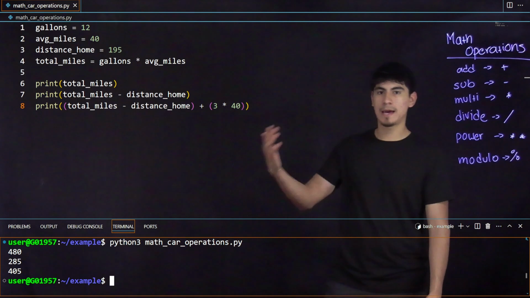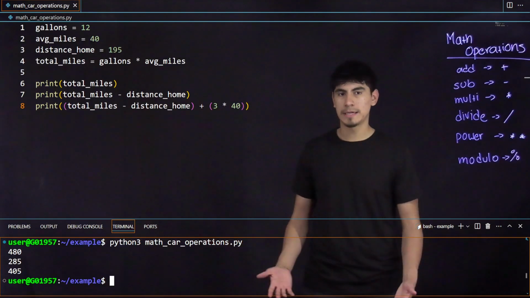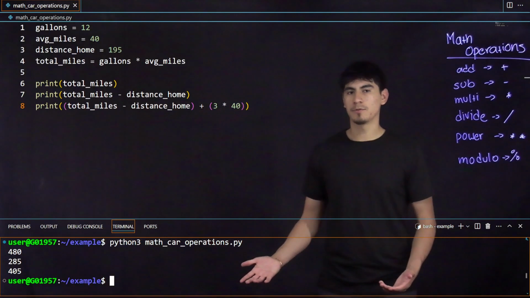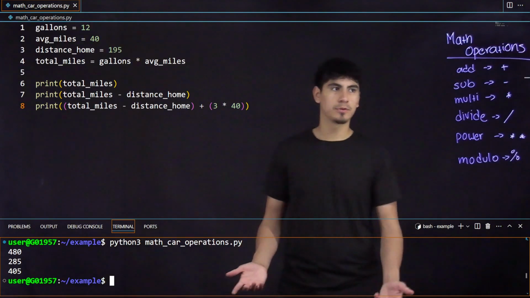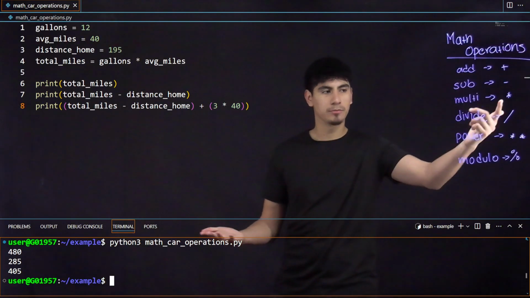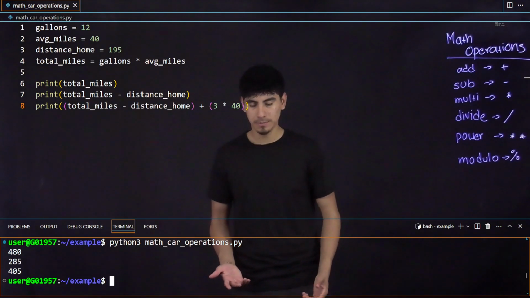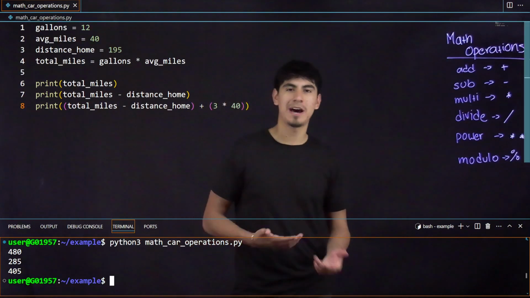So I started at 480 miles I could travel, went back home, went down to 285, refilled 3 gallons of gas. Now I can travel 405 miles afterwards. Something simple. We've added, subtracted, multiplied. Now divide. So something simple we can do with division is just see around how much time it takes me